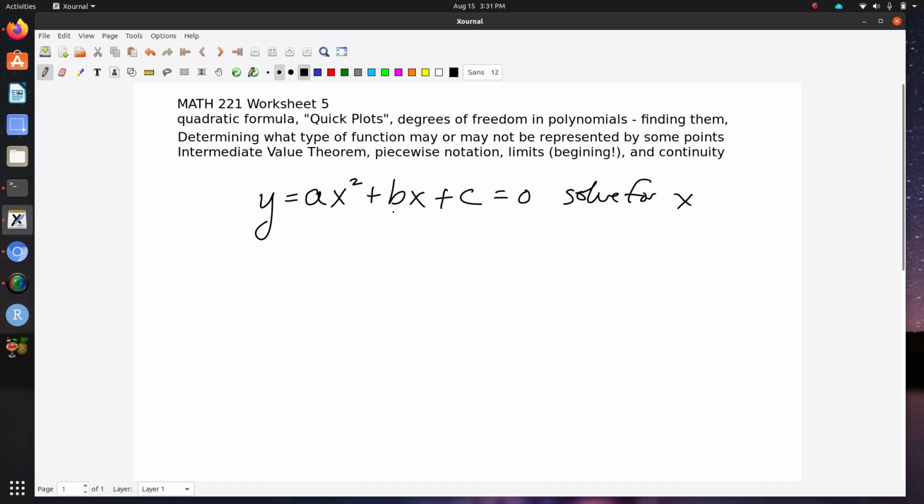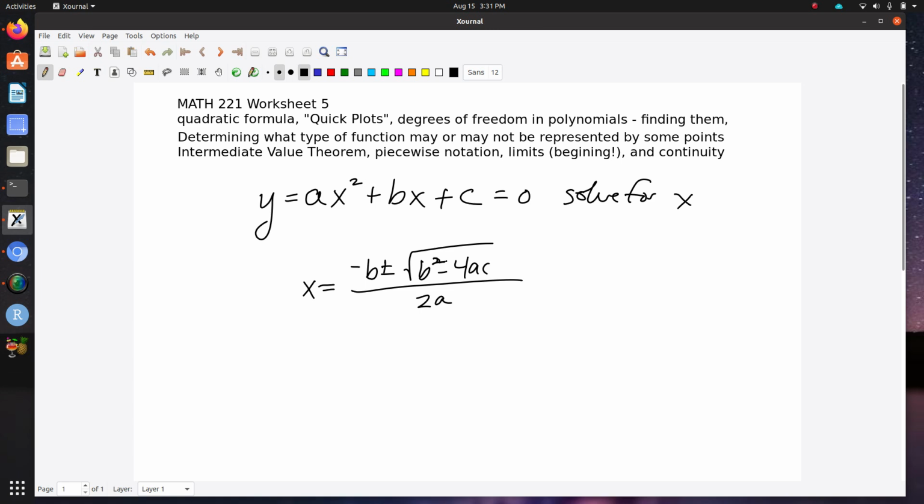The difference is the Europeans do this divide by a all over the place, which makes a lot of sense. But the Americans don't do it that way. So we end up with x equals negative b plus or minus the square root of b squared minus 4ac all over 2a. My sister-in-law taught me the song that I think has gone in and out of style, but